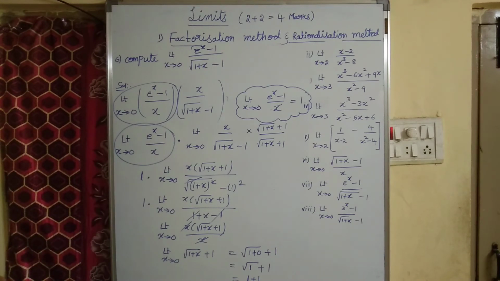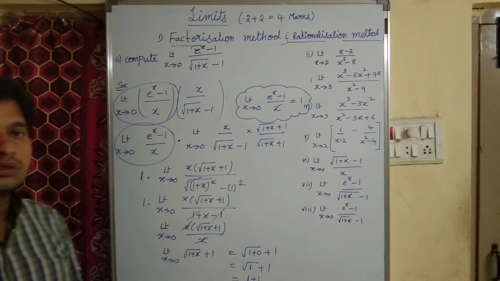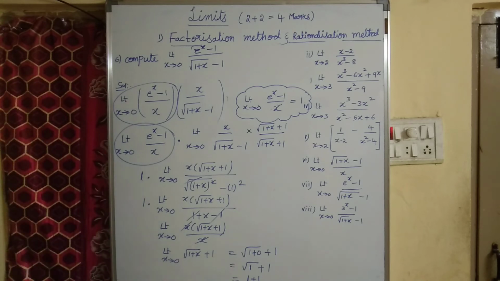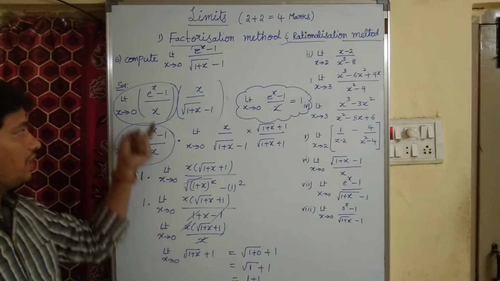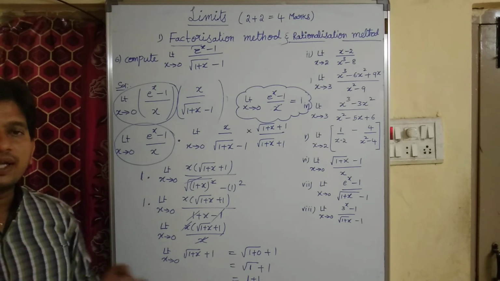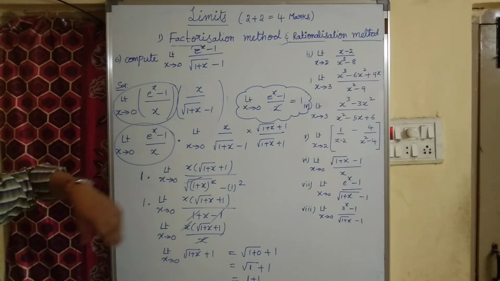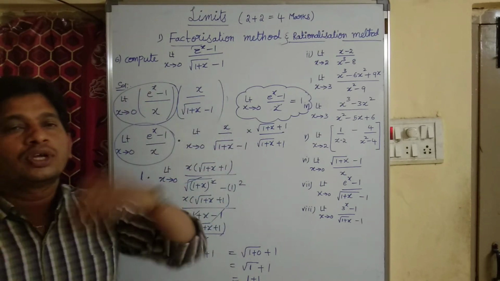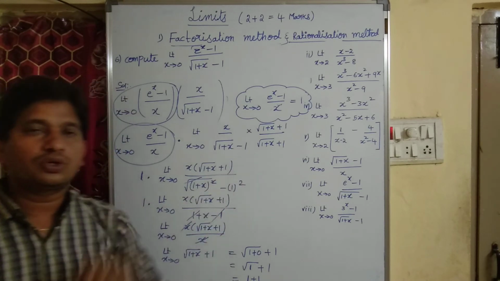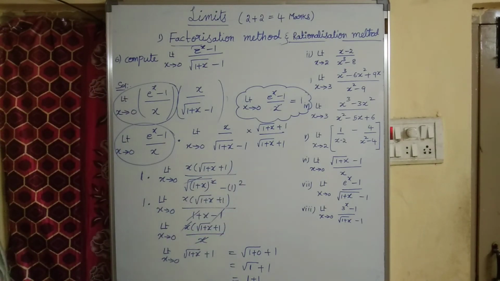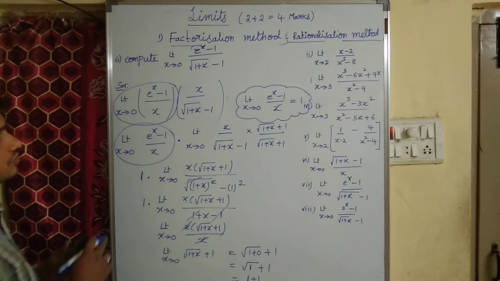See? So there is a little bit of confusion. No need for confusion, children. Simply we have to divide by x and multiply by x, in order to get our formula, limit x tends to 0, e power x minus 1 by x, which is equal to 1. Okay, let us do one more question.